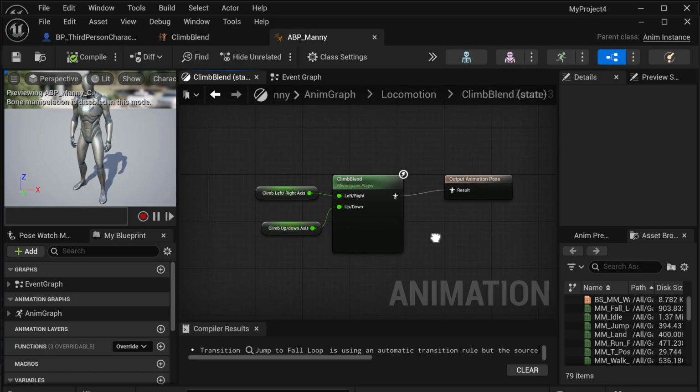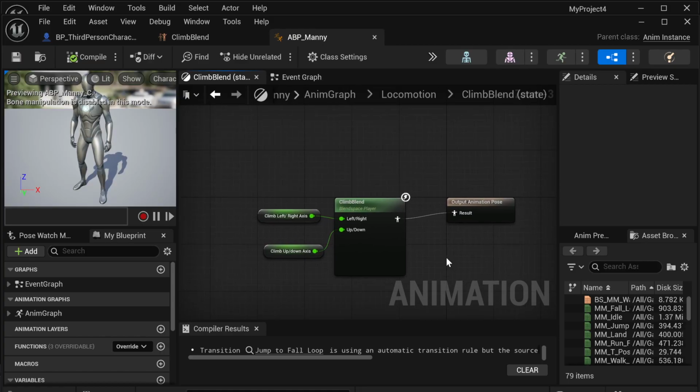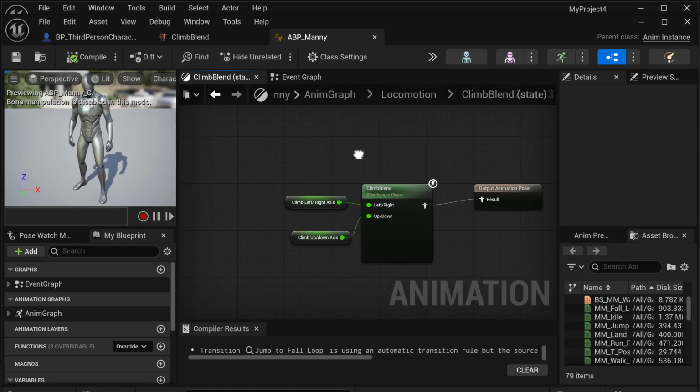All in all, I spent probably about 10 hours setting up this system through just the blueprint system. If I'd done it with code, it would have taken probably about twice as long, realistically. But because this is a rapid prototype, I decided not to go the C++ route because that would be more